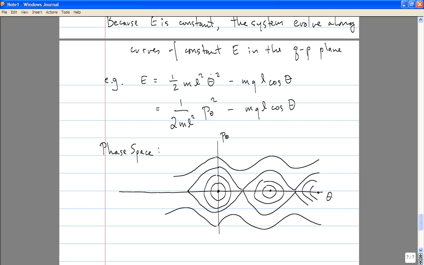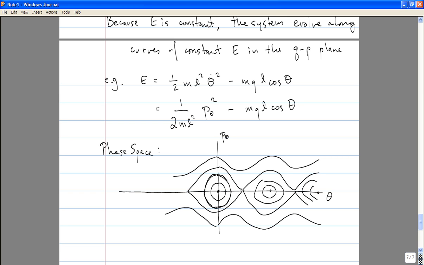So that describes a state of the system where the pendulum just hangs down and doesn't oscillate at all. Or if I have an energy which is between minus mgl and plus mgl, then the system will follow one of these closed curves here,